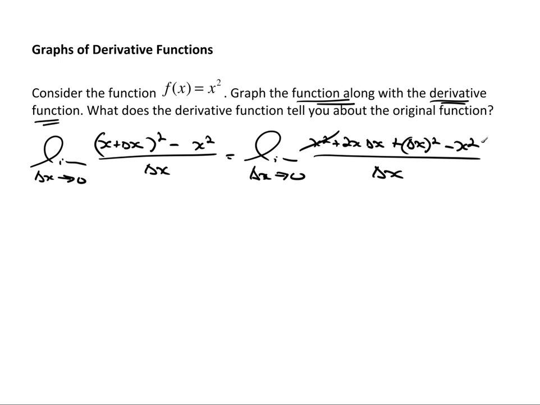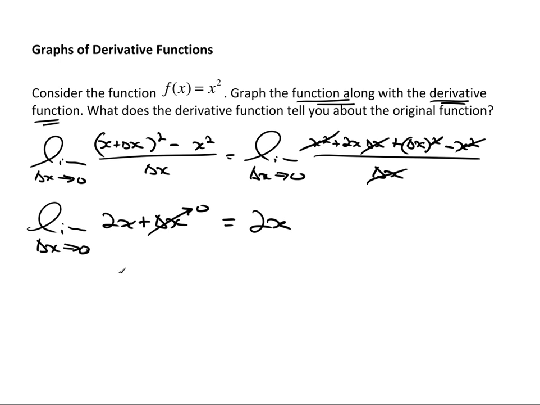Now the x squareds will go away. This delta x will cancel with this one and one of those. So what I end up with is the limit as delta x goes to 0 of what's left, 2x plus delta x. So now I can let delta x go to 0, and when it does,